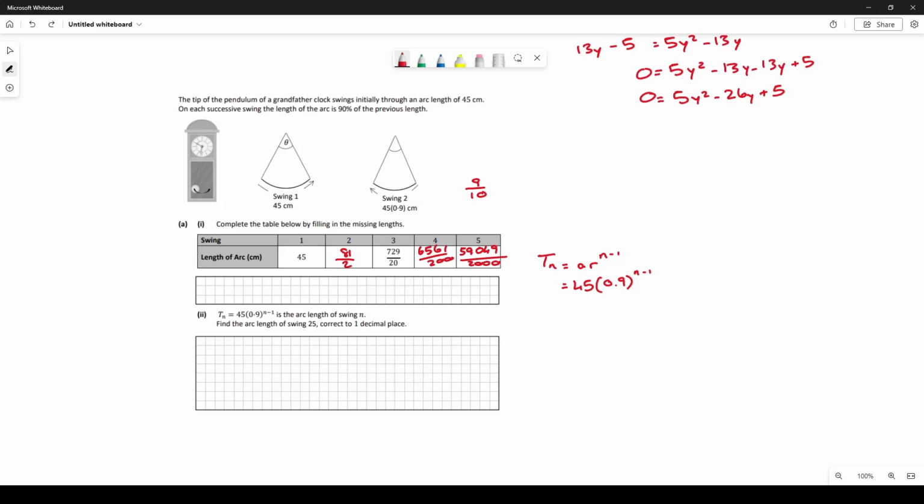Find the arc length of swing 25. That literally just means find T25. So everywhere you see n, put in 25. If this comes up in a Leaving Cert Honours level question, these two things again, and people get it wrong,